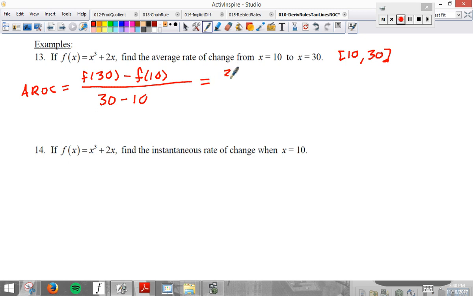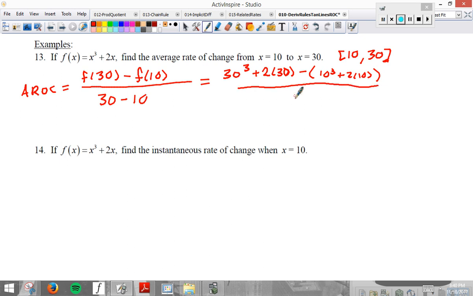F of 30, 30 cubed plus 2 times 30 minus parenthesis, make sure you use those parentheses, 10 cubed plus 2 times 10